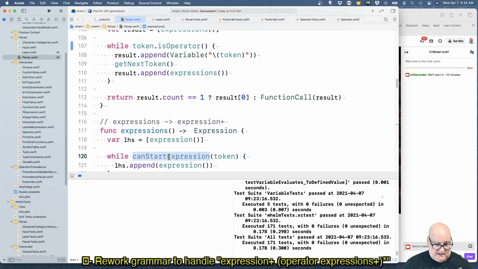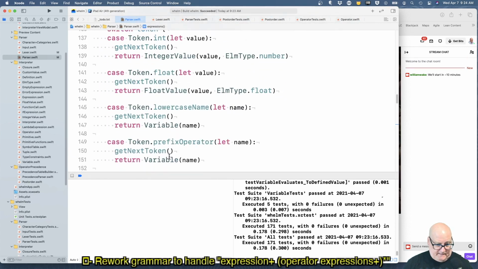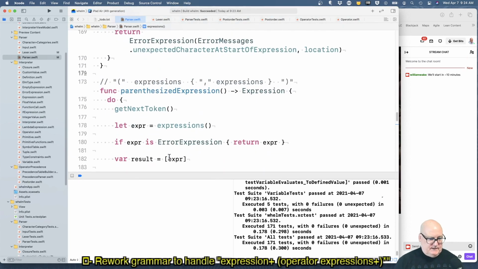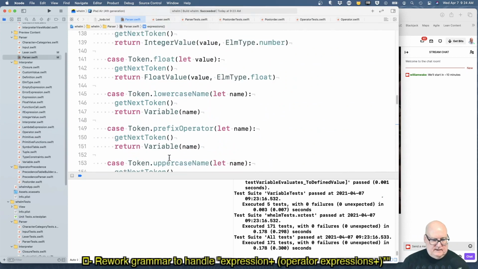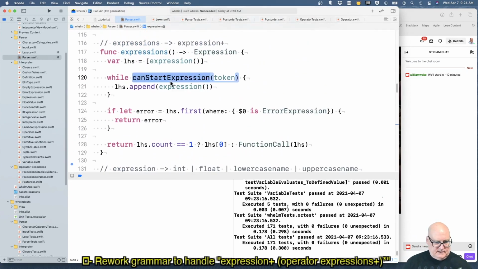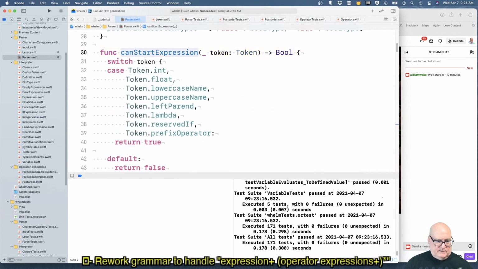Well, let's find that. Can start expression. Yeah, I mean that's all token stuff too. The tokens clearly are defined.